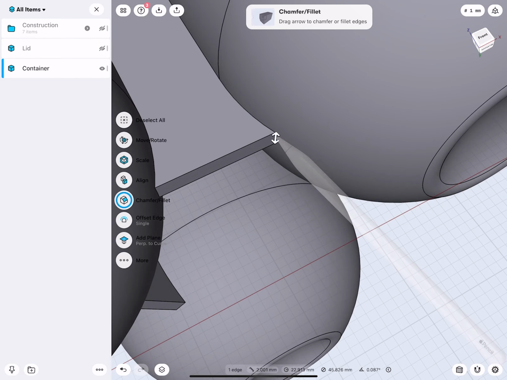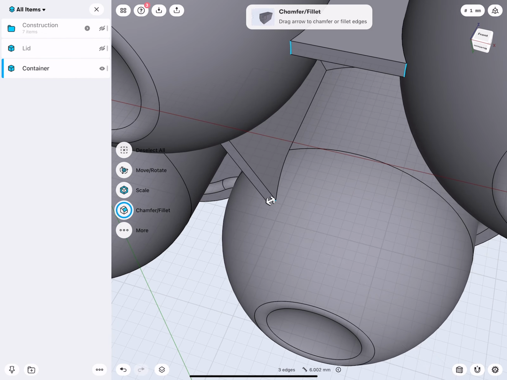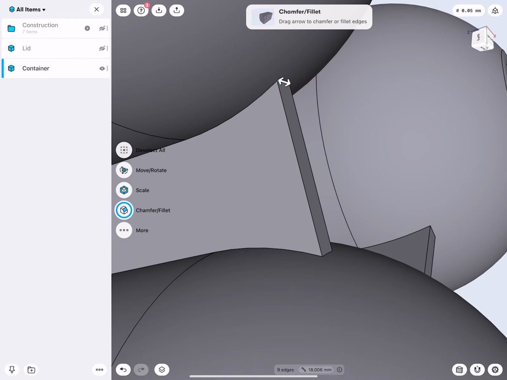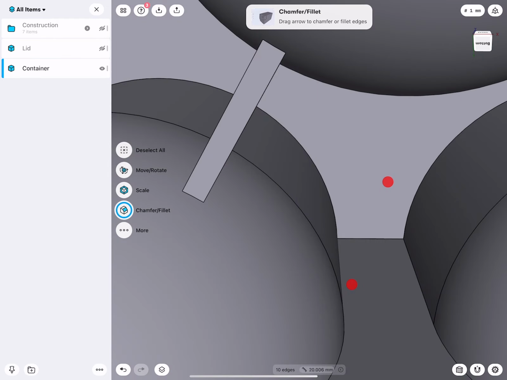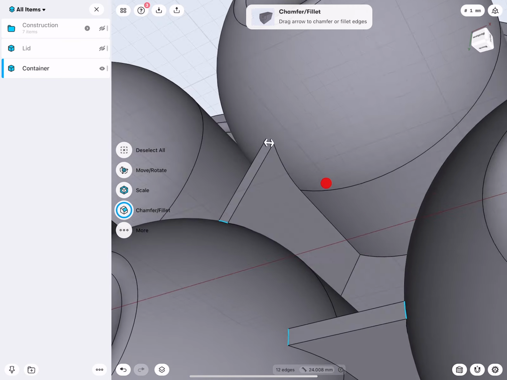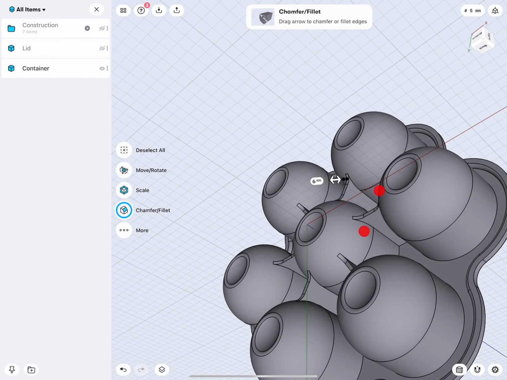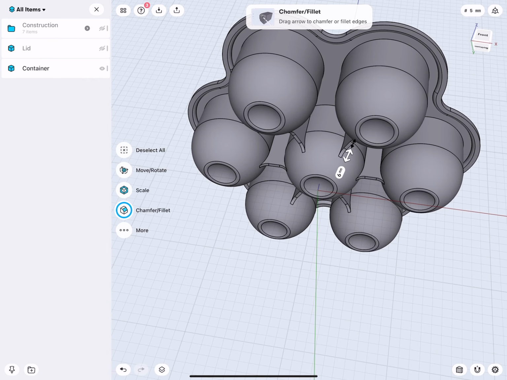I mentioned before, sharp edges a silicone material does not really like. They are prone to rip. So here I select these edges, and then via the fillet command we will give this a rounding. Not too much, a little bit like this. Okay, now this is nice.